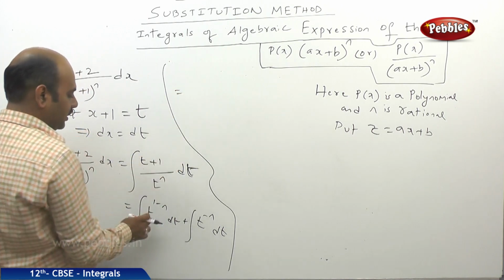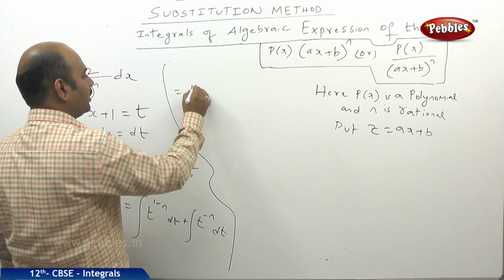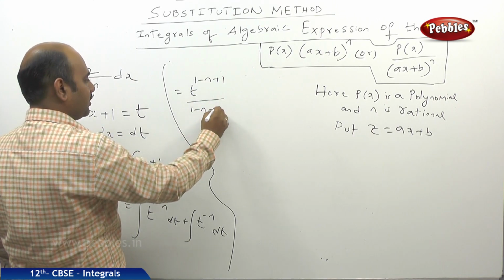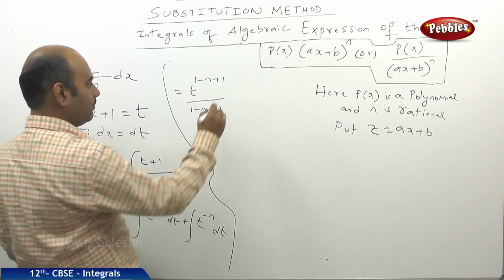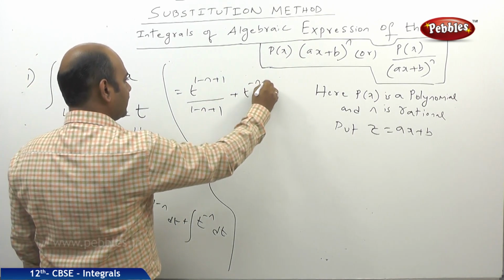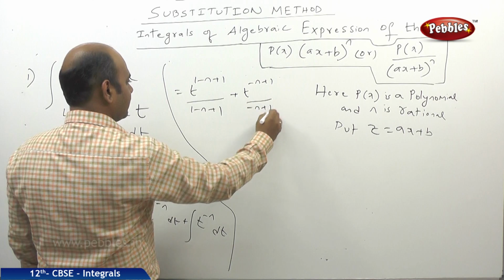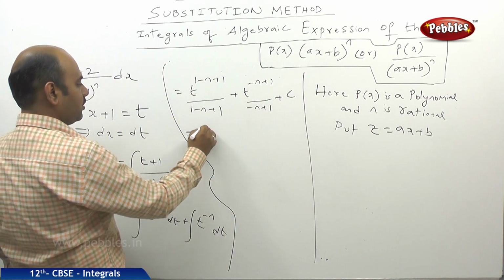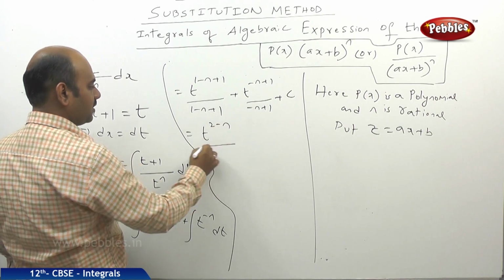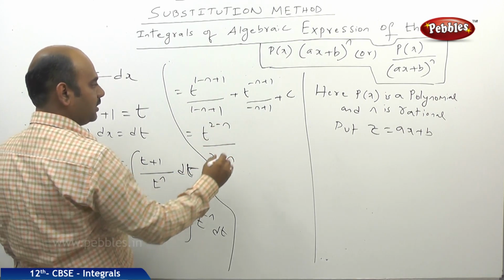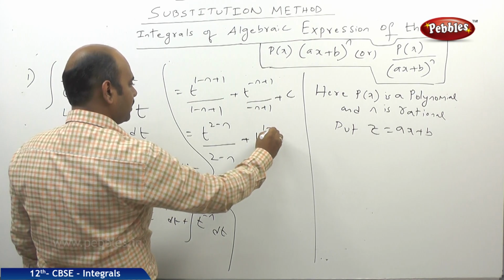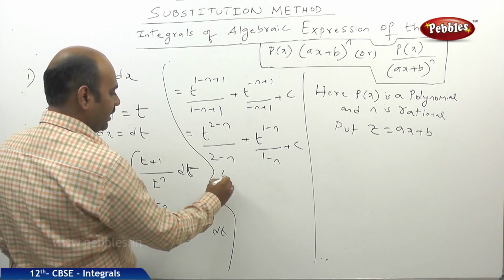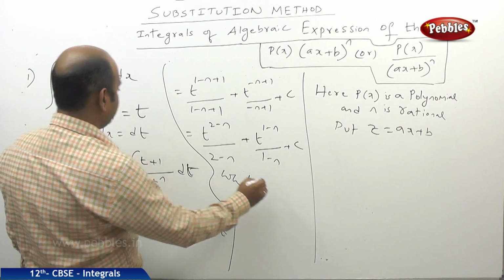So what happens, integral of t power 1 minus n means t power 1 minus n plus 1 by 1 minus n plus 1, and t power minus n plus 1 by minus n plus 1, and here we need to write c. So finally this reduces to t power 2 minus n divided by 2 minus n plus t power 1 minus n divided by 1 minus n plus c, where finally t is nothing but